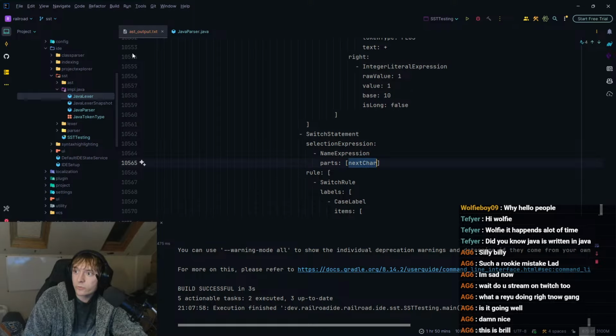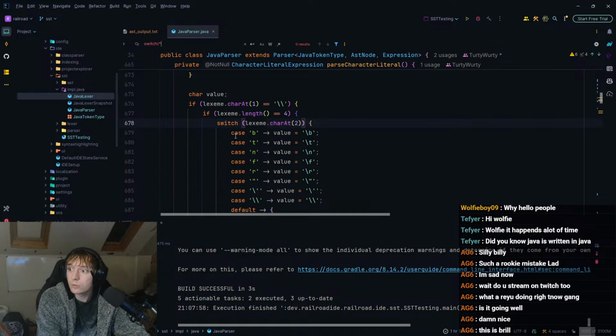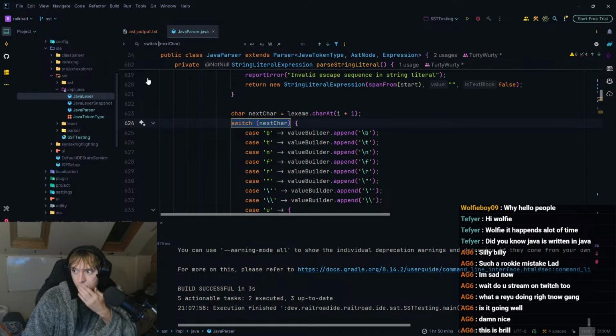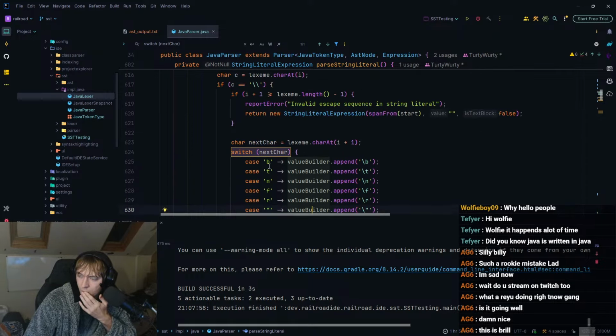So we just need to look for switch on next char, in theory. So switch on next char, which doesn't exist, I guess. Probably because I think there needs to be a space there. Yep, here it is. Interesting. That's not what I expected.